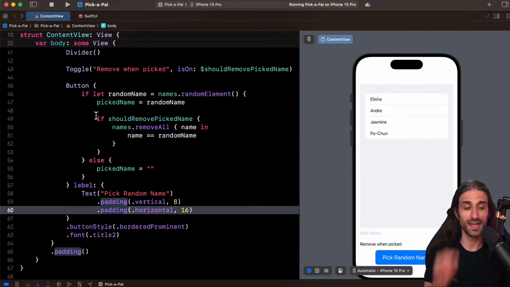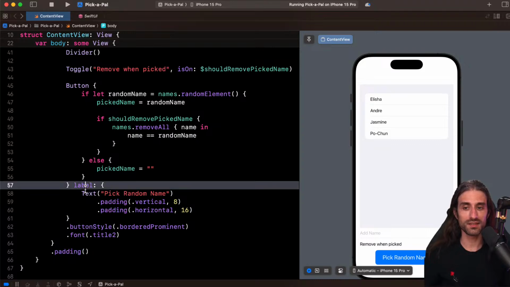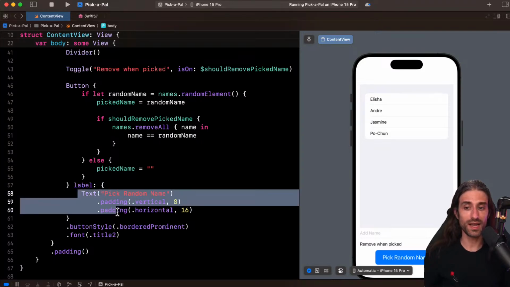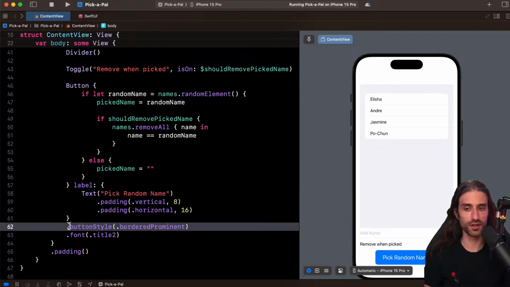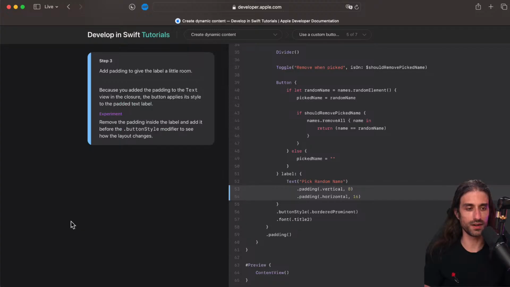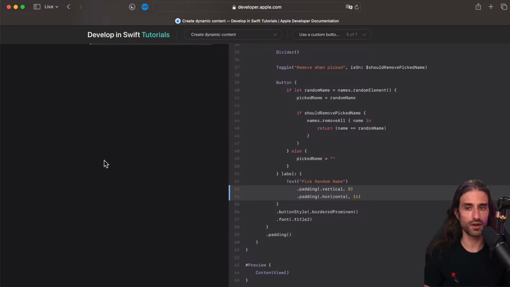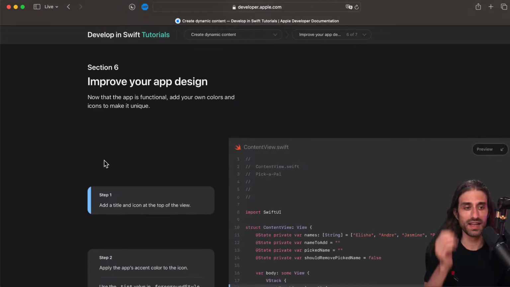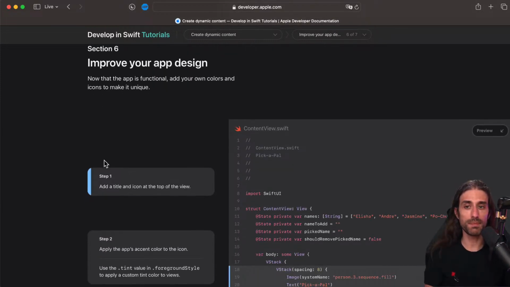Or rather, it could be what you want, but the thing is, if the padding is applied in the label, then the space occupied by the padding will be tappable, but if the padding is applied to the button, then the space occupied by the padding will not be tappable by the user. So it really depends on whether or not you want that space to be interactive for the user.